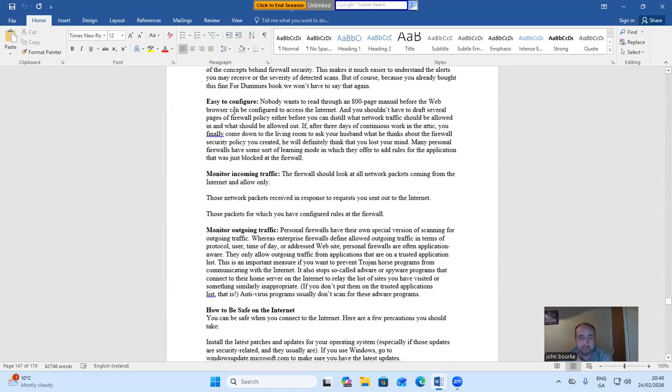Easy to configure. Nobody wants to read through an 800-page manual before the web browser can be configured to access the internet, and you shouldn't have to draft several pages of firewall policy either before you can distill what network traffic should be allowed in and what should be allowed out. If after 3 days of continuous work in the attic, you finally come down to the living room